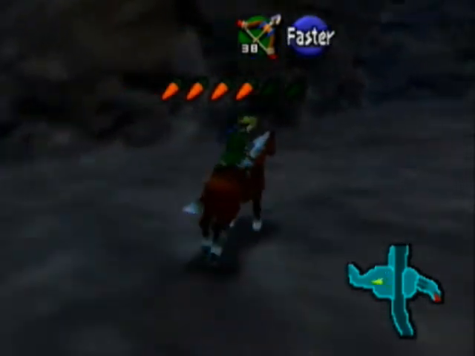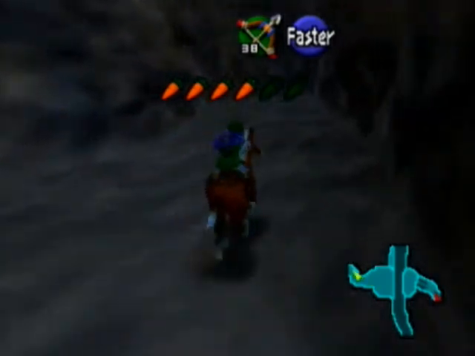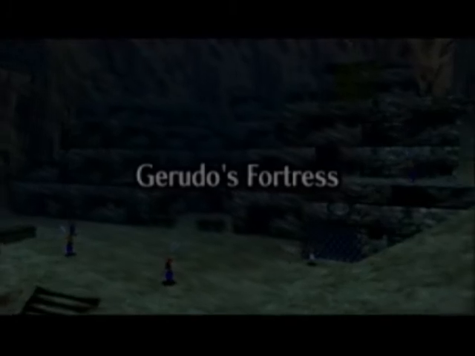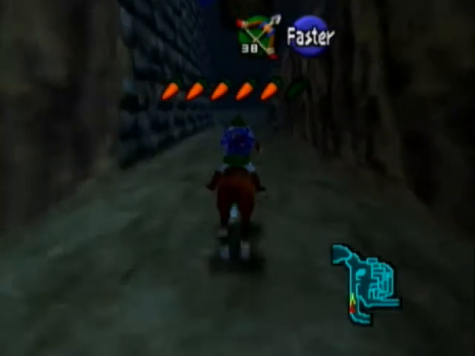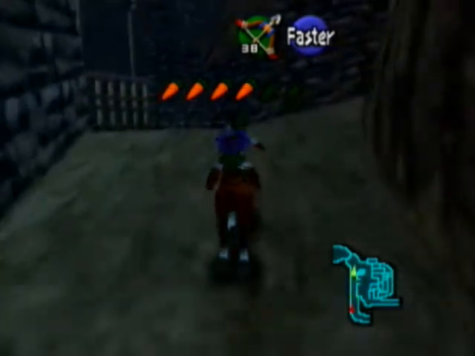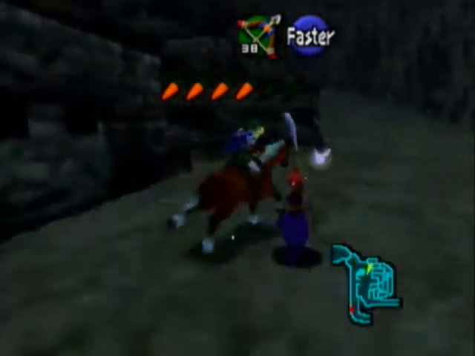I don't know why they broke the bridge, seeing as it was the bridge to get between this area and the rest of, you know, Hyrule Field and all that. I don't know why they'd break it, but they did. So welcome to Gerudo's Fortress. Another sort of mini dungeon, kind of like the Ice Cavern and the bottom of the well. So just run in here, and whenever you do...